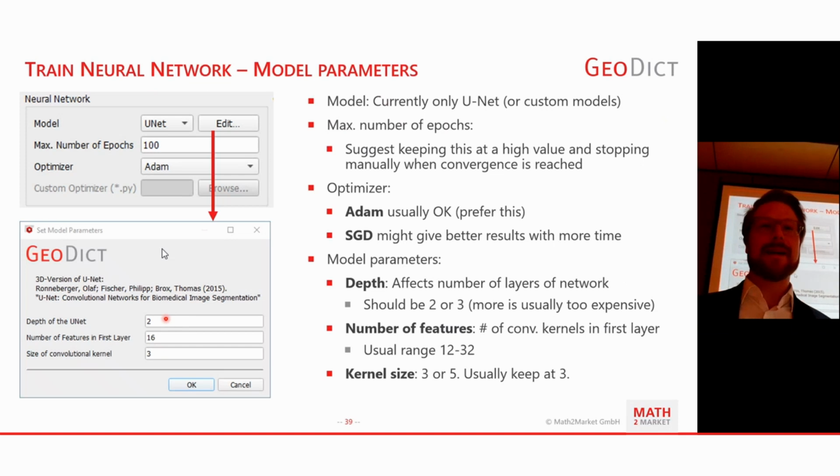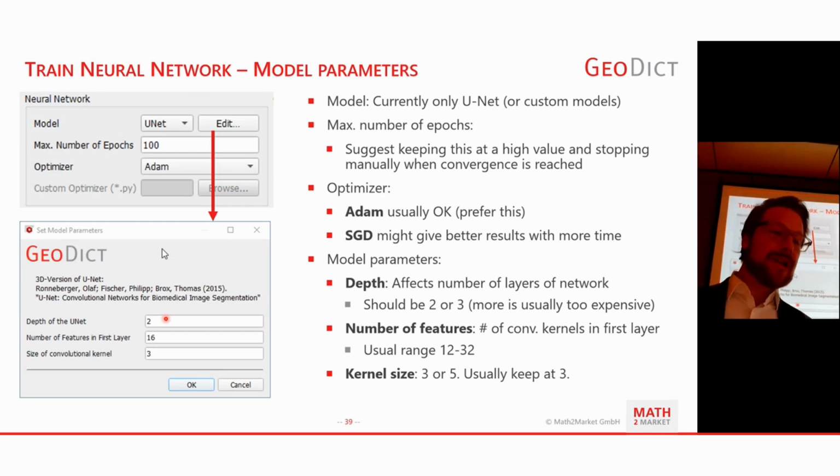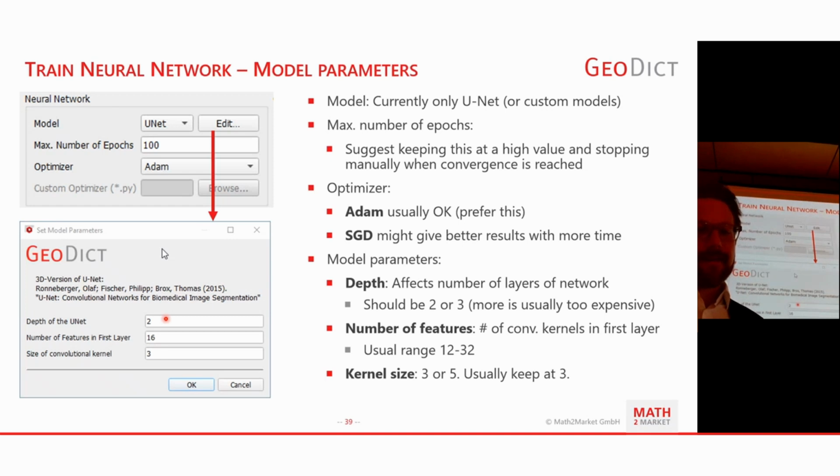If you look at the literature, you might see depths of 5 or 2 or 6, but mostly these are for 2D applications where you can go with a higher depth. So there are not many choices here for depth that are actually feasible. It's usually 2 or 3 that you can experiment with. Again, increasing the depth increases the runtime, increases the length of an epoch, and it might at the same time increase the number of epochs that you need to do. So for experimentation purposes, I would say you should start out with the defaults, which are rather low, but still practical for many applications. So 2 and 16, and then you can try increasing the number of features if the network doesn't perform as well as you expect. And later, maybe try increasing the depth as well.